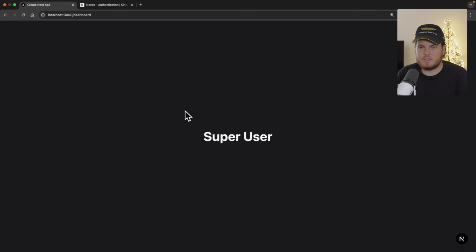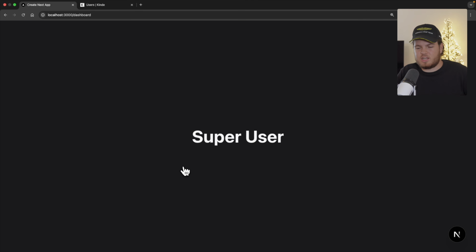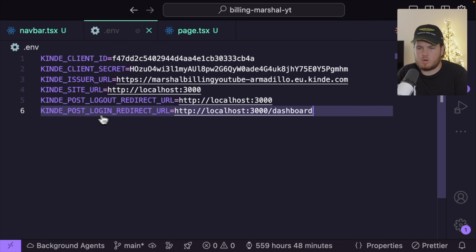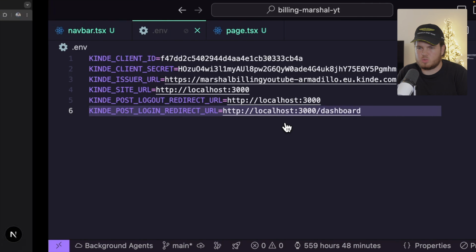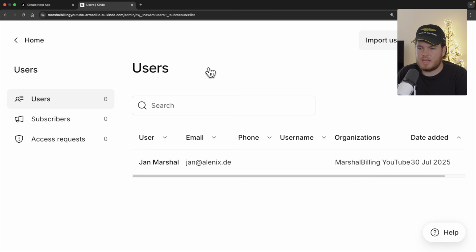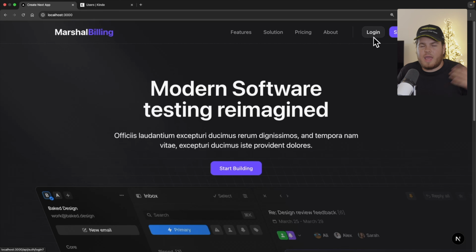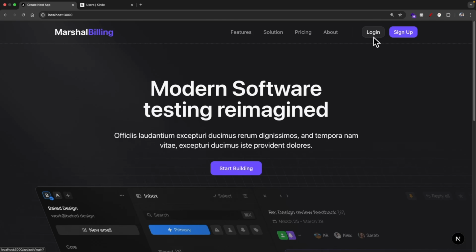So as you see right here, I got redirected to the dashboard. That's because I have this login redirect URL, which redirects the users, the authenticated users, to the dashboard route. If I go back to the Kinde dashboard, then you will also see that I have one user, and that's me, Jan Marschall. And if I go back to my landing page, then you will see that I have a huge problem. I still render the login and sign up buttons, but this shouldn't happen because I have a valid